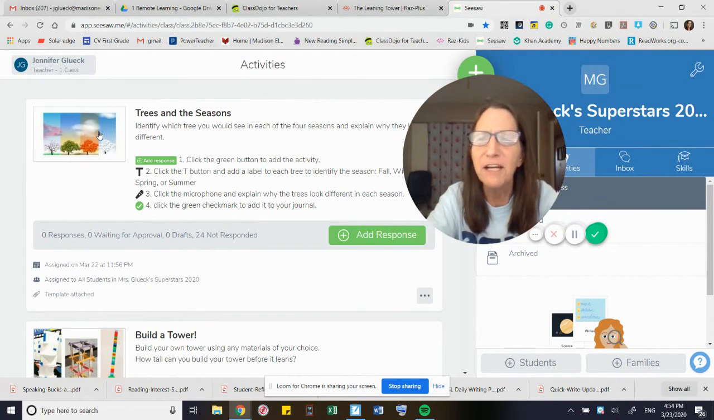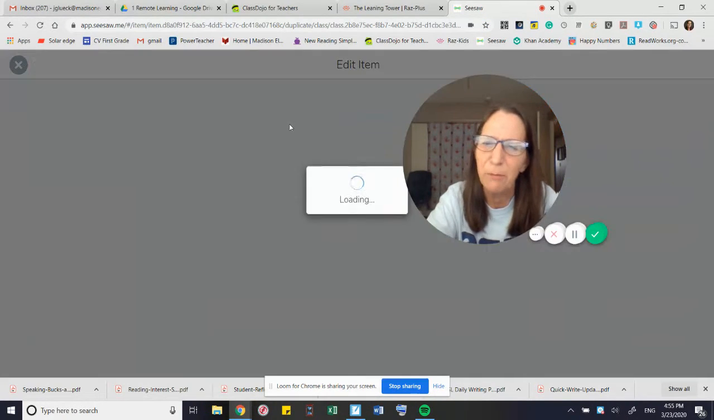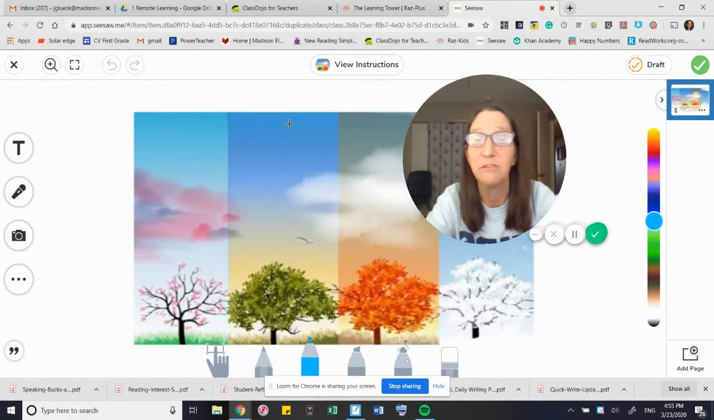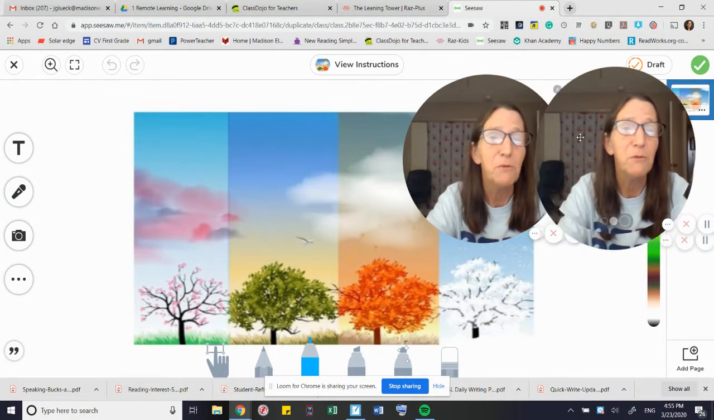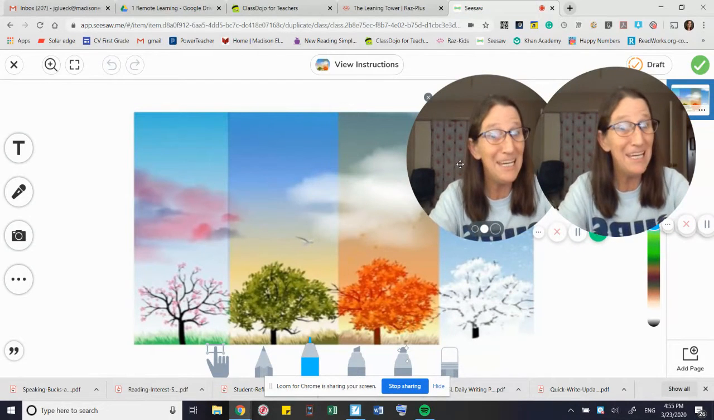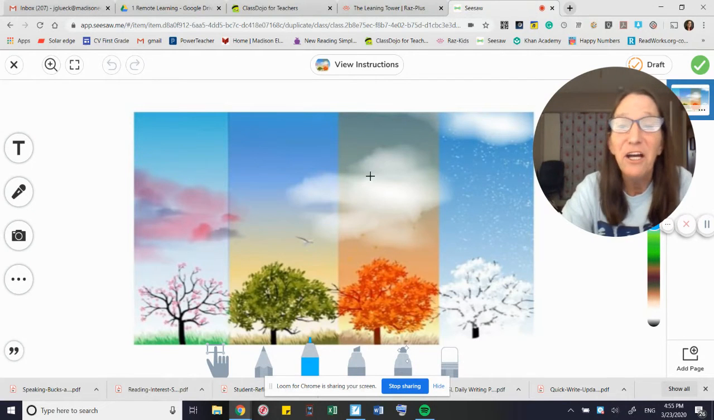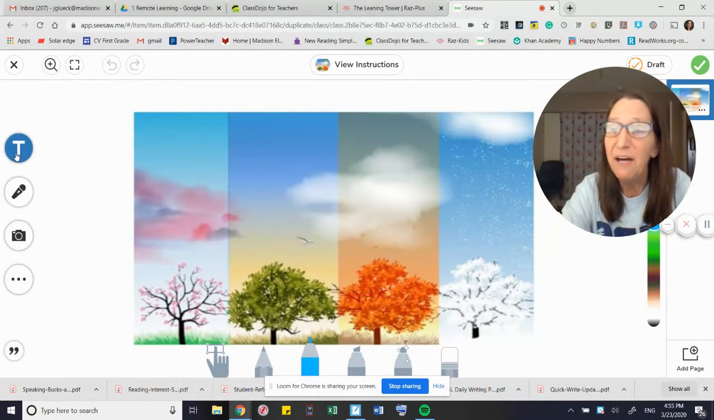All right, our first activity is called Trees and the Seasons. And you'll open this up by clicking on this green button. And I'm going to be just a sample student because I don't want to take one of your answers. And you'll see our picture is here. Okay, let me move all these over again. Don't know why it made so many of me. There we go. All right, you'll see this picture is here, and all you have to do is click on